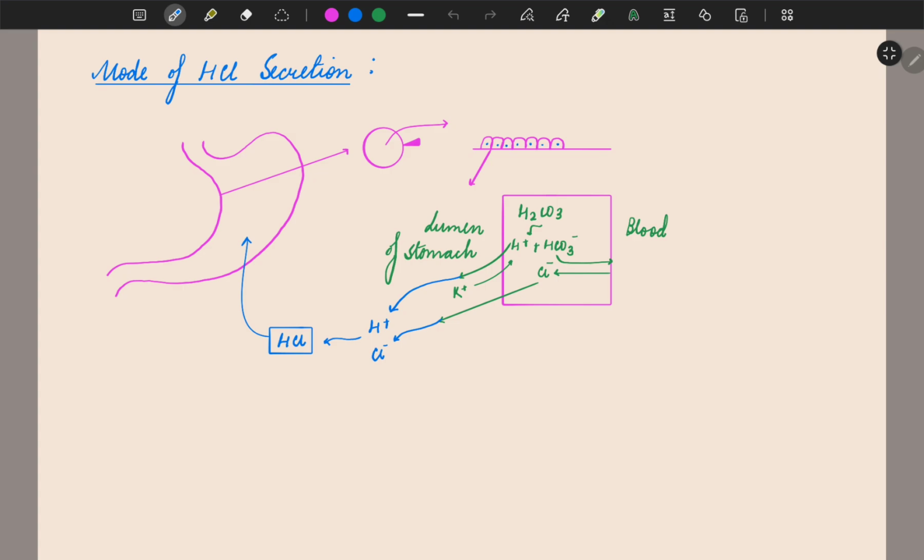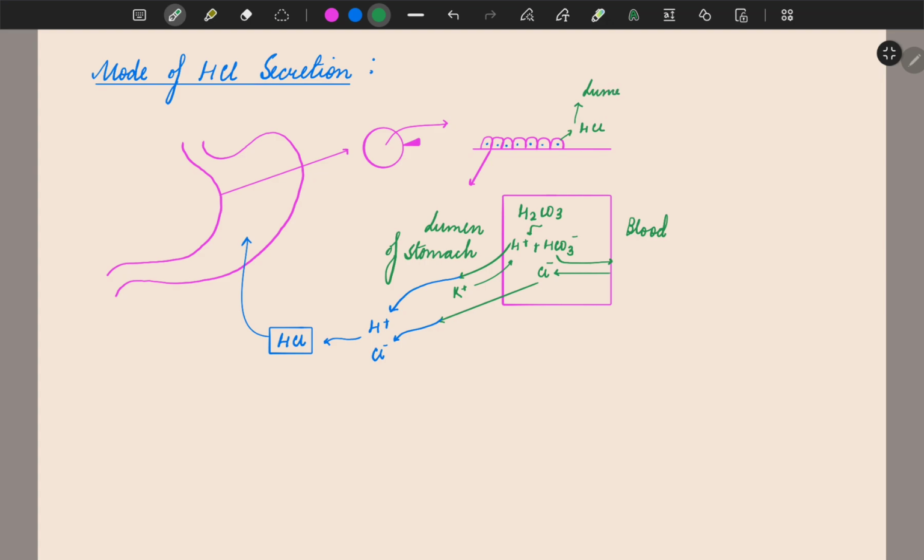So now we are going to understand how HCl is secreted. We can understand that in the stomach, the epithelium which is lining the stomach cannot directly release HCl. The reason is pretty obvious: if we have HCl in this cell and we are directly secreting it into the lumen of the stomach,